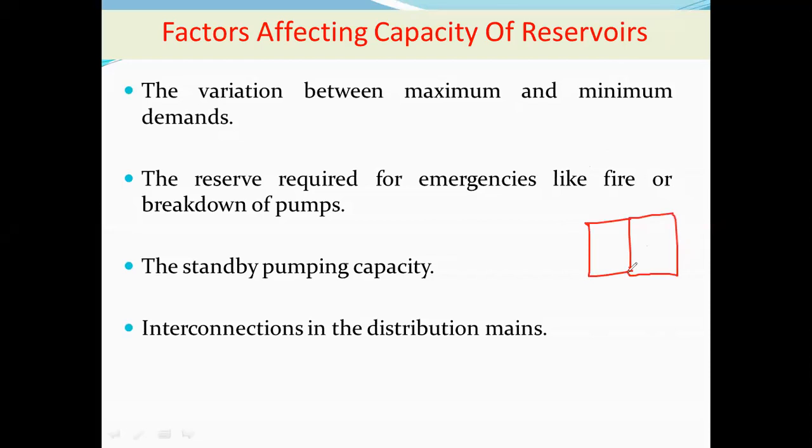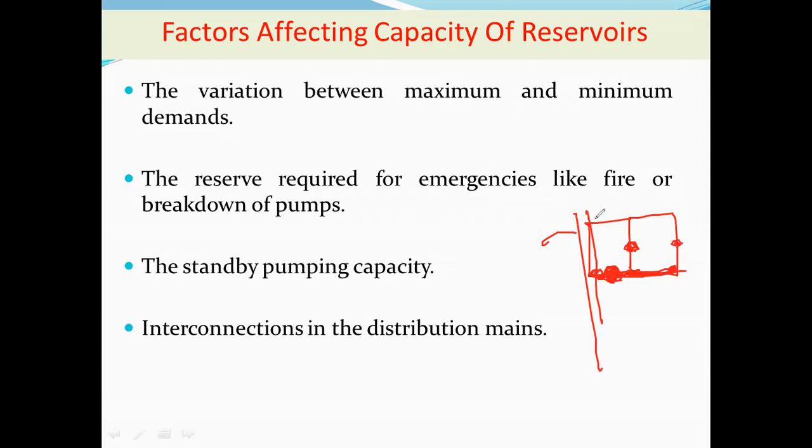For example, suppose this is the main line, it has gone like this, and water is flowing from this particular point inside this submain. This is the submain, okay, and this is the main line. Suppose there is a problem in this particular pipeline, right? Then water cannot reach the laterals. This is the submain. If there is a problem in the submain, then water cannot reach this lateral.